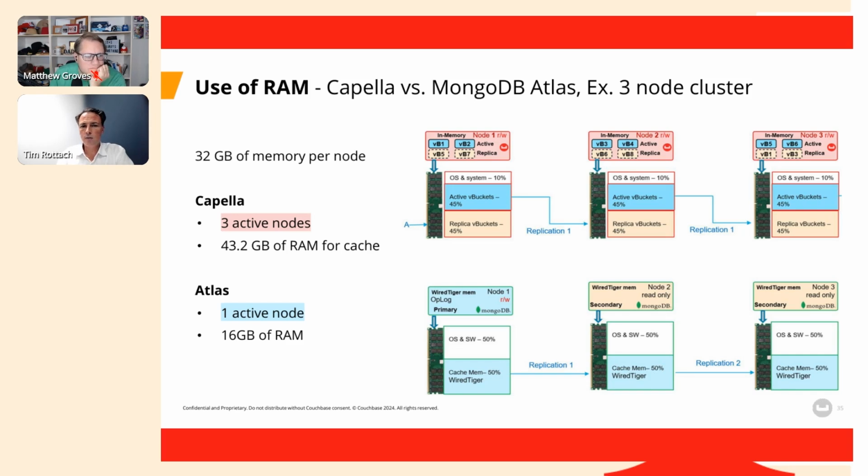And as you can see here, if we were looking at a scenario of 32 gigs of memory per node, there are advantages that Couchbase has in terms of how the active nodes are utilized in each of these scenarios, and the fact that Mongo is using more for its OS and software aspects means that we have a much larger amount of RAM available for caching and for high-speed data movement. Okay, so that's